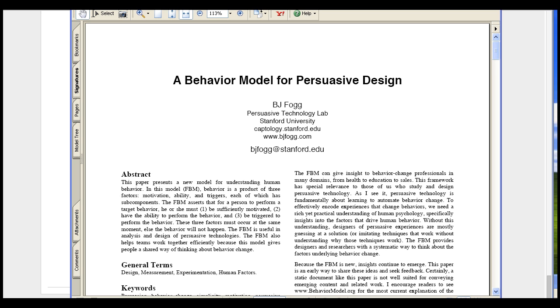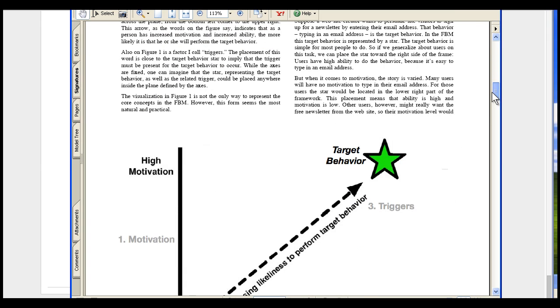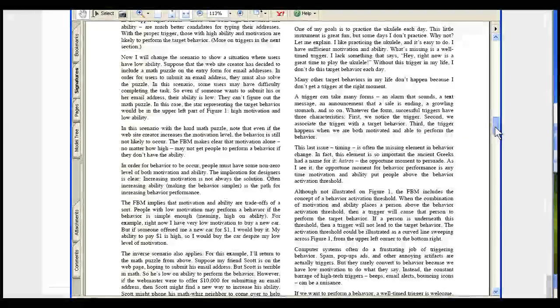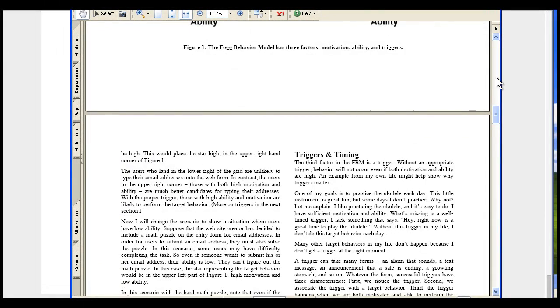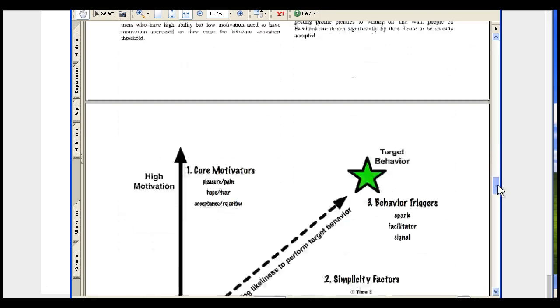And Professor Fogg of Stanford University definitely knows what he's doing, because he's on leave from time to time, most of the time in fact, up at Google, because that's their alma mater. So obviously if he's clever enough for them, he's clever enough for us, because we are Google ad agency partners. And this information, triggers and timing, the way in which people make decisions, from a behavior model point of view,